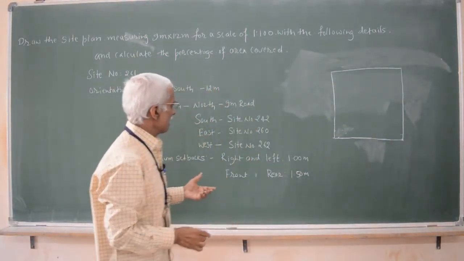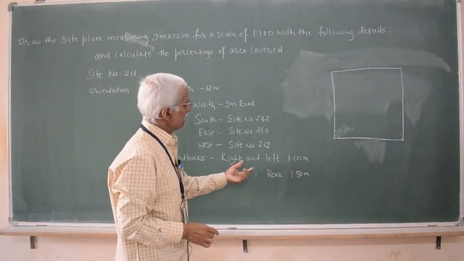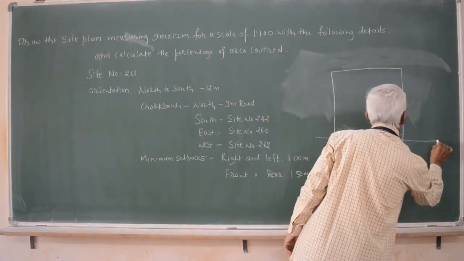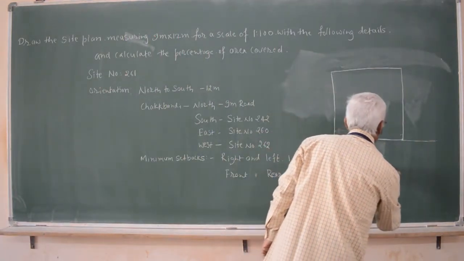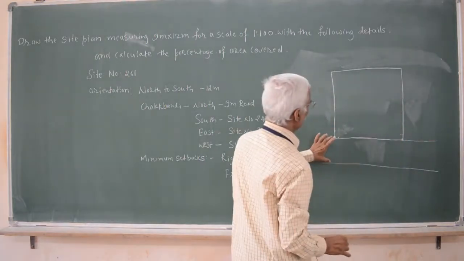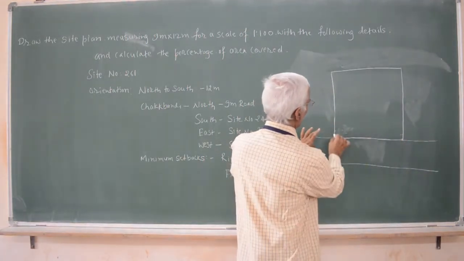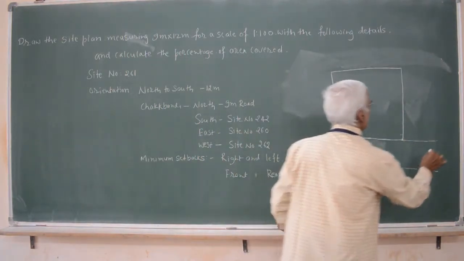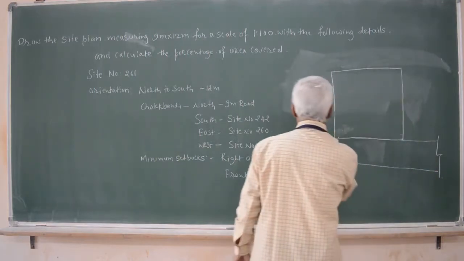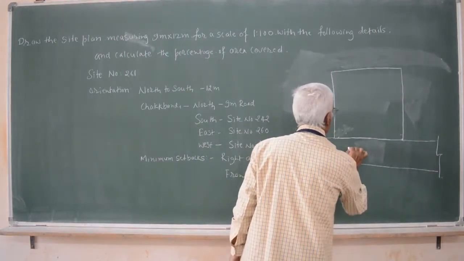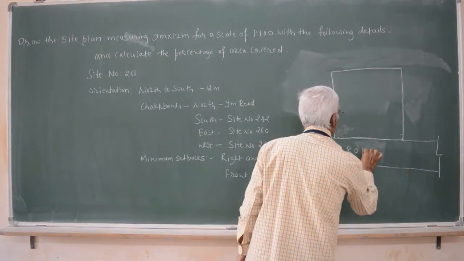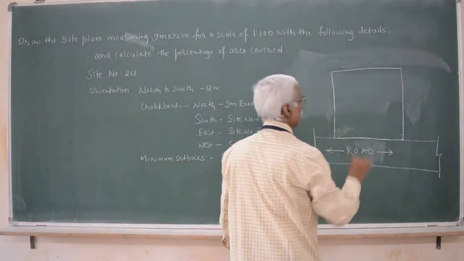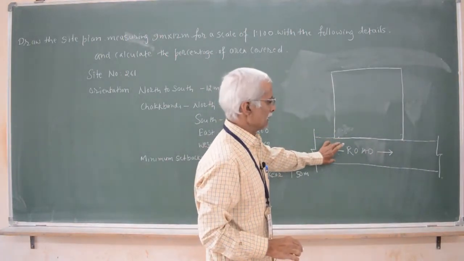Now next comes, right after that you have to draw a road line. For this one no scale is required. You only have to leave some space, draw a line parallel to this boundary line, draw one more line, and this is your continuation line, and this is your road. You have to mark like this. Okay? You have to mark like this.